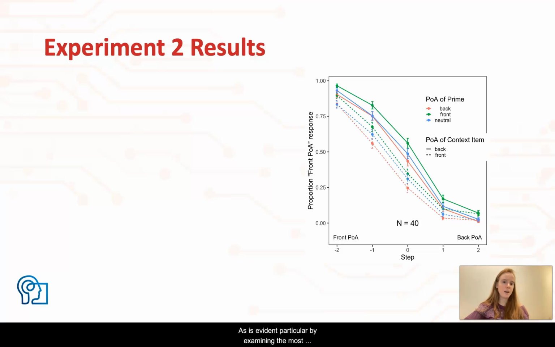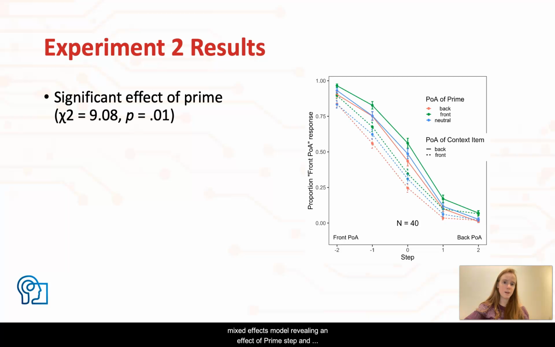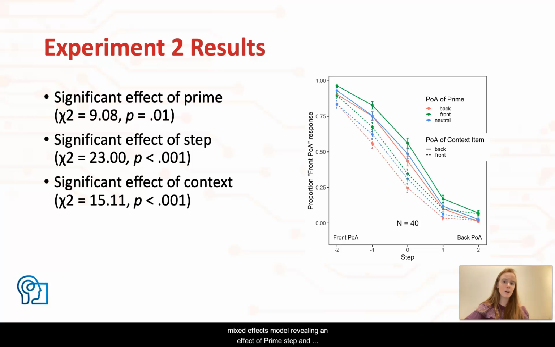As is evident, particularly by examining the most ambiguous point at step 0, we see that participants were affected by both the prime and the auditory context. Namely, participants were most likely to respond that they heard S, for example, after seeing an S biasing prime and after hearing an auditory context item that ended in a back place of articulation, the solid lines. These findings were confirmed statistically, with our mixed effects model revealing a main effect of prime, step, and auditory context